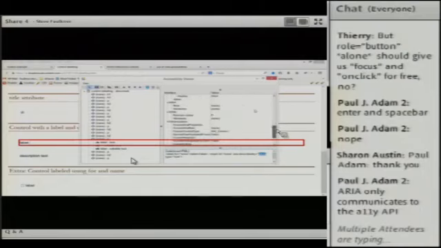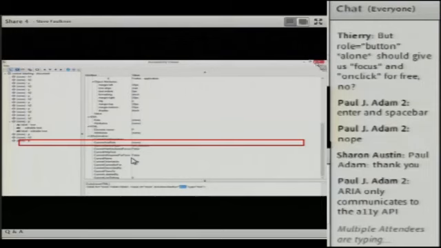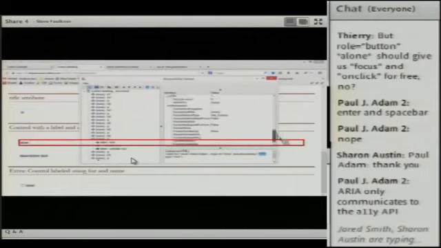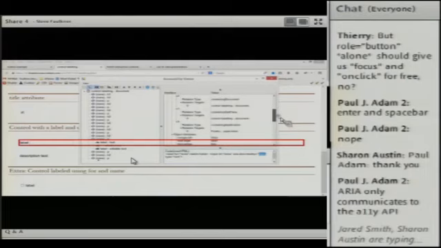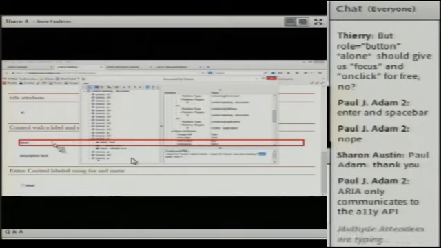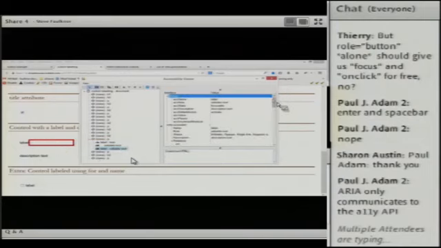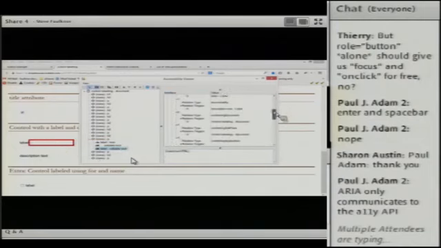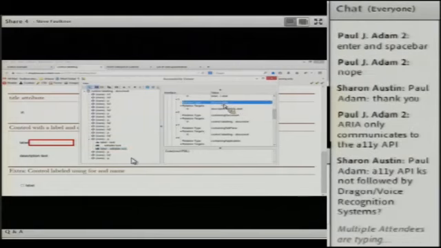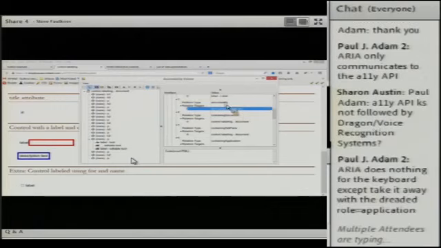So again, if we look at this, what we can see is we've got a described by relationship, which is the IA2 relationship property. The relationship target is this, and we can see it there. So that's how it's actually hooked up.